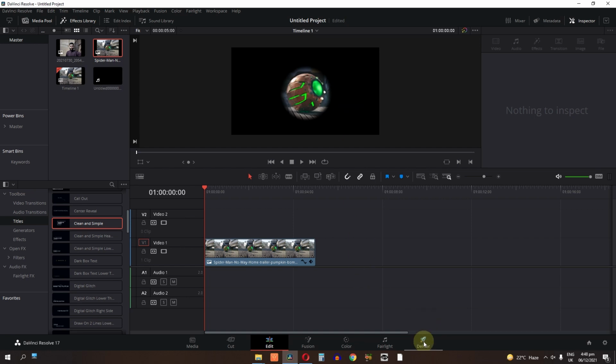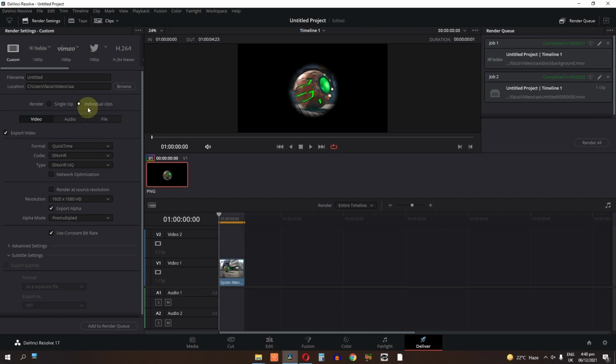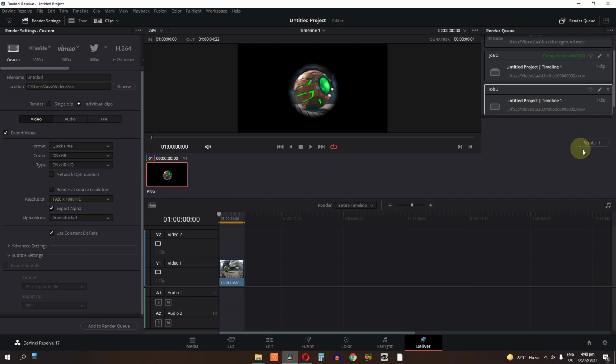Now go to the deliver page, check the individual clip, change the codec to DNxHR and change the type to DNxHR HQ, and check this alpha, export alpha. Now click on this add to render queue, select this job and render it.